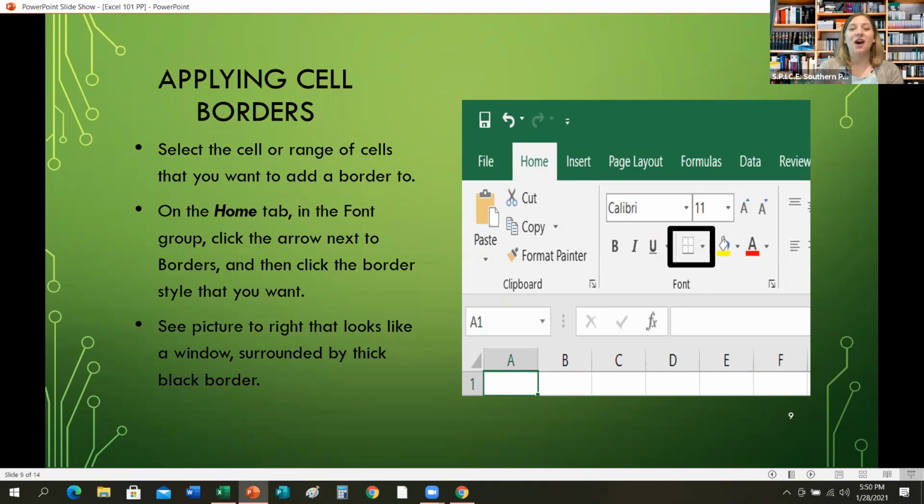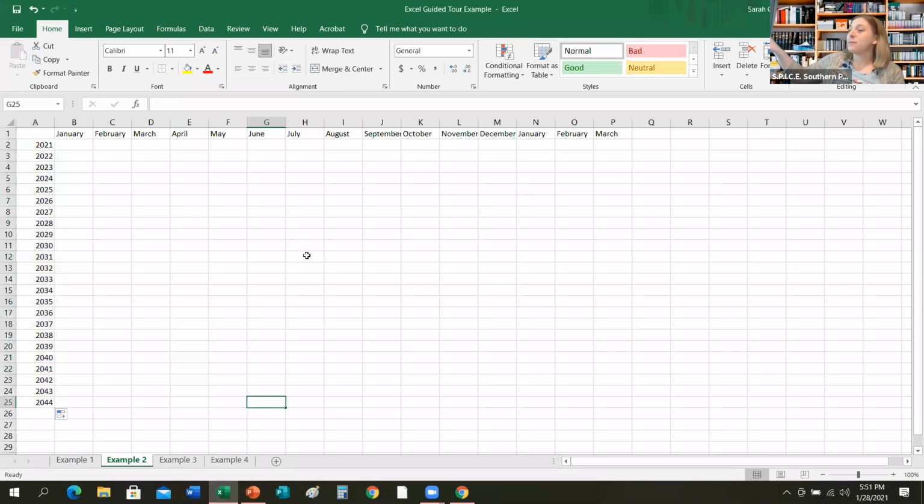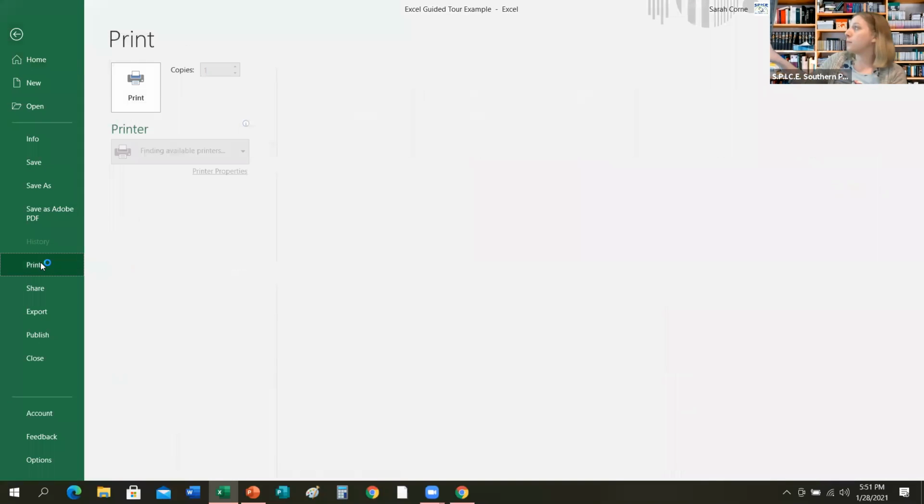Wonderful. So we are going to talk about applying a cell border now. So a cell border is essentially a box that it's going to put around each cell that we tell it to. I know that when we look at our worksheet, we can see that it already kind of has some cells there, but these cells aren't going to show up if you were to print the document. So to show you what we mean, we're going to do a print preview